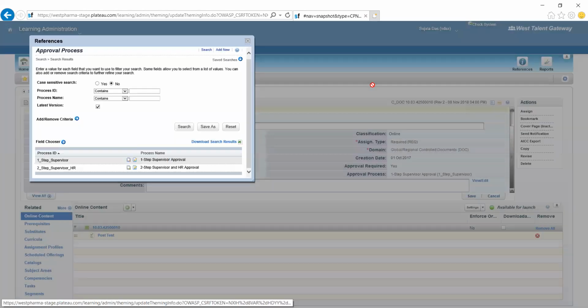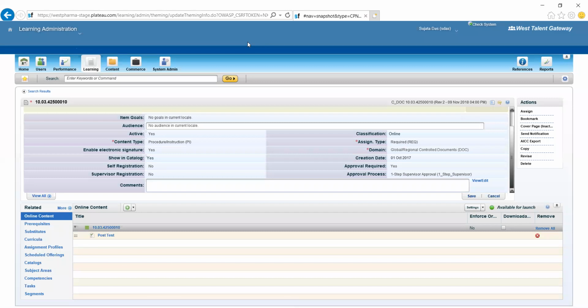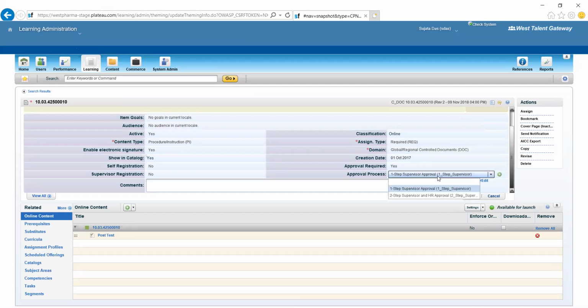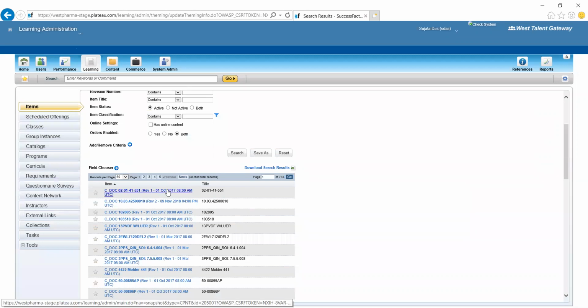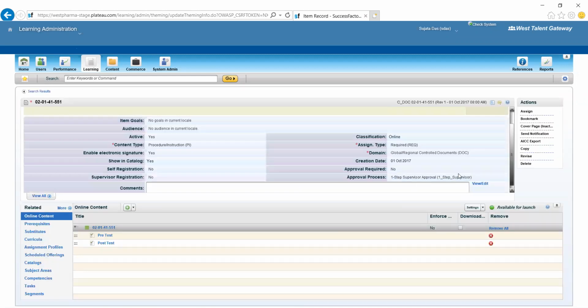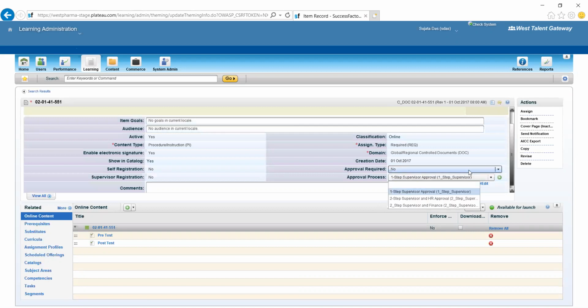So this is the process you have to follow while creating a new approval workflow. So now what I can do, if I want to attach it here, so now it didn't come here. I need to just refresh. If I go for the second time, then I will be able to see that workflow. So I will say yes. Then I can come here and I will see the two-step supervisor and finance approval. So this is the process you need to follow while designing a workflow and attaching a workflow to an item.